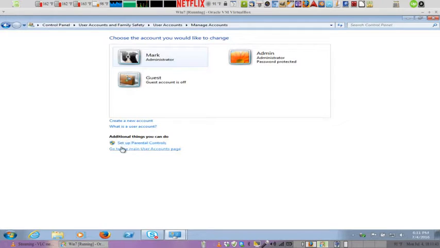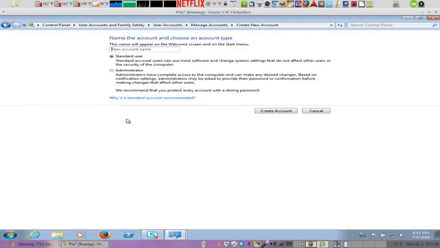Go to create an account. You're going to create an administrator account. Go ahead and make sure to put in a name. It's going to be a unique name. I would not suggest administrator. Put administrator 2. Administrator is a separate account. I already have an admin account on here,